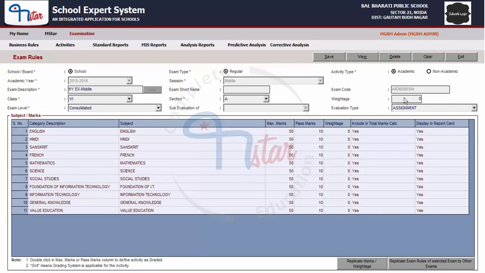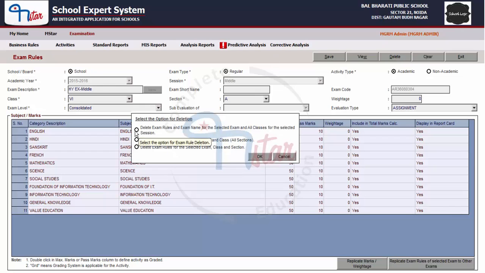So now that we are displaying the exam HYEX middle, we are going to click on the delete button. We are selecting the first option as delete exam rules and exam name for the selected exam and all classes. So in this case, the HYEX exam rules will get deleted for all the class sections of 6th, 7th and 8th for which it is defined currently.